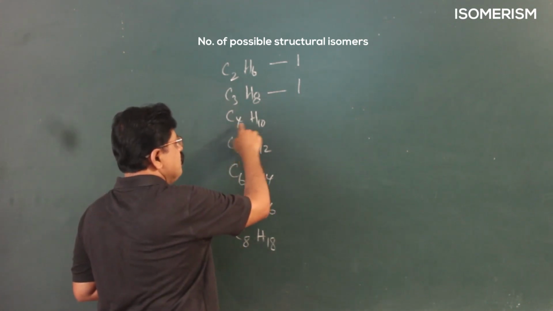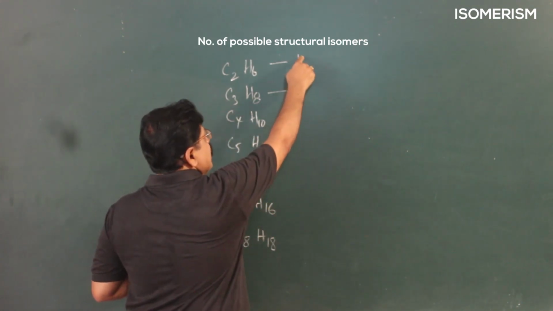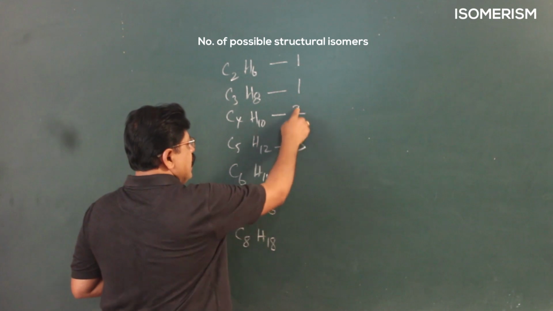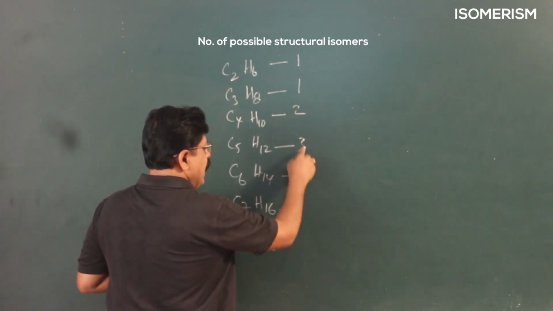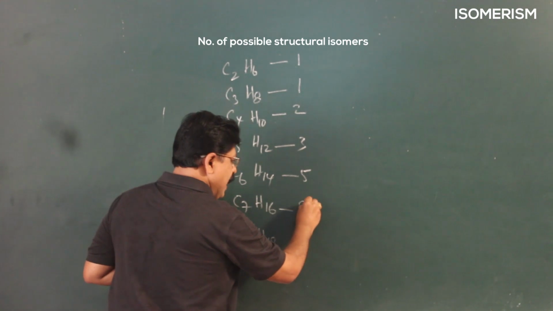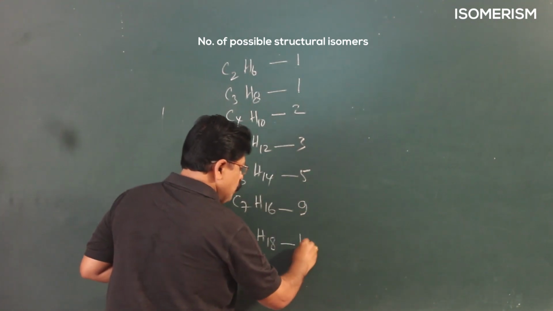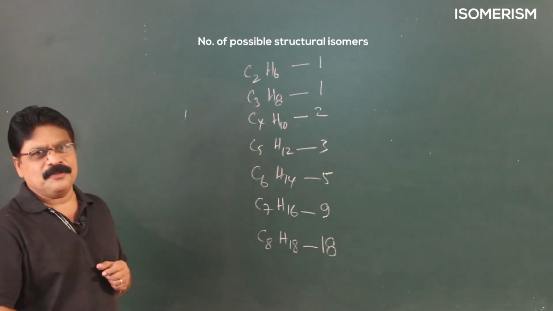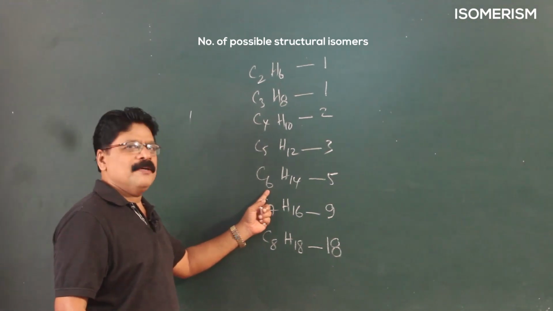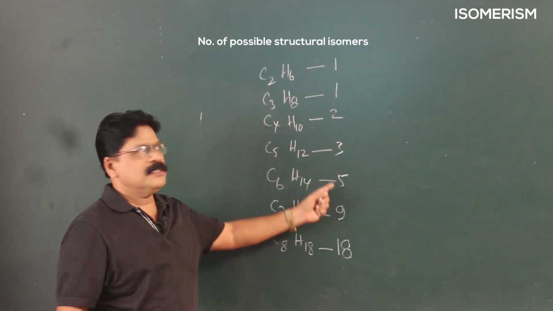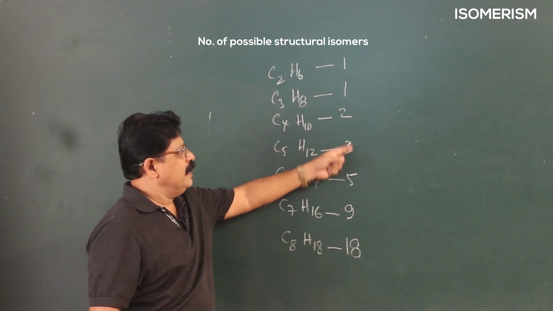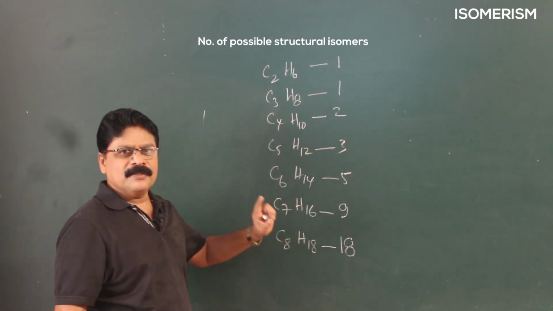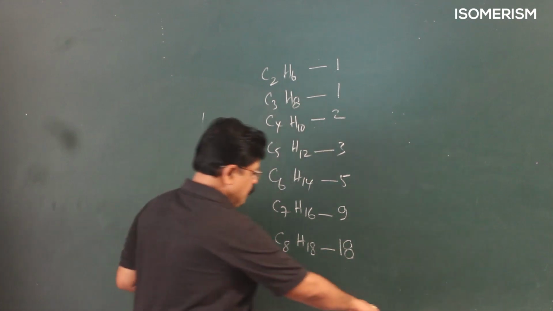A 4 carbon system, how do you find out isomers? Easy way, add these two, it is 2, add these two, it is 3, add these two, it is 5, add these two, it is 8, add one more, it is 9. The next thing, don't add anything, it is double. So you can very easily find out the total number of isomers, because when this one formula can be given and you will be asked to write the total number of chain isomers. So 1 plus 1 2, 2 plus 1 3, 3 plus 2 5, 5 plus 3 8, add one more, it is 9, don't add double of it. So, it's an easy way for you to remember chain isomers.